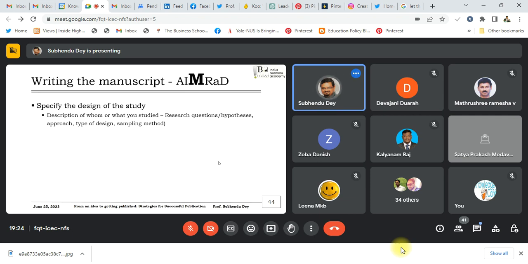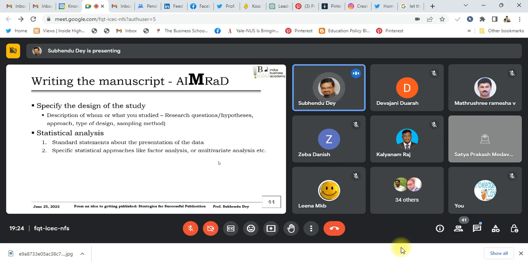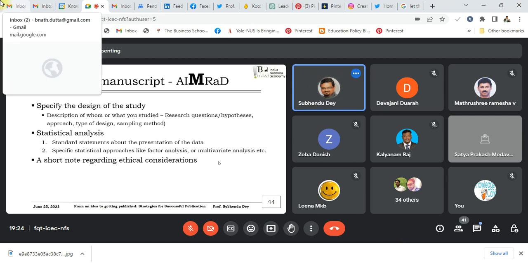So your research questions, your hypothesis, design, sampling method, all of these would come in the design of the study. It also talks about the statistical analysis, the tools that you use, whether you have used certain specific statistical tools, why did you use them, how was it relevant to your data, etc. And then you also talk about